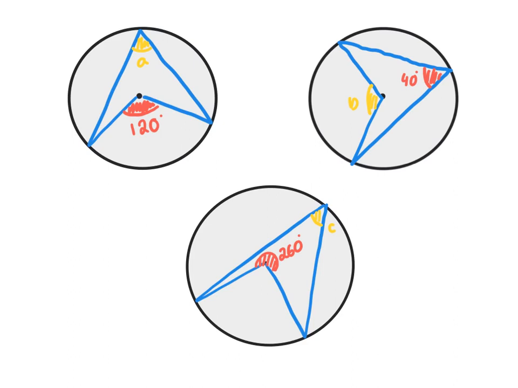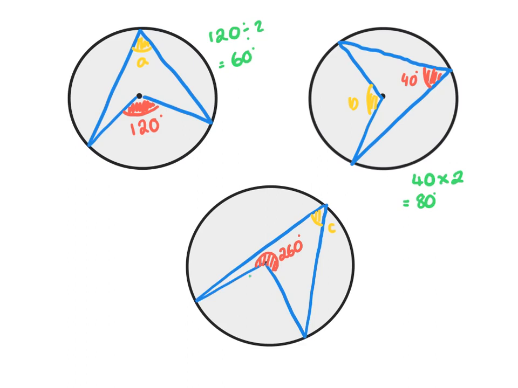So I'm going to go through 3 examples with you. The first one, we've got the angle at the centre, so the angle at the circumference is just going to be half of it, so it's 60 degrees. The one on the right, they've given you the angle at the circumference, so double it and you'll get the